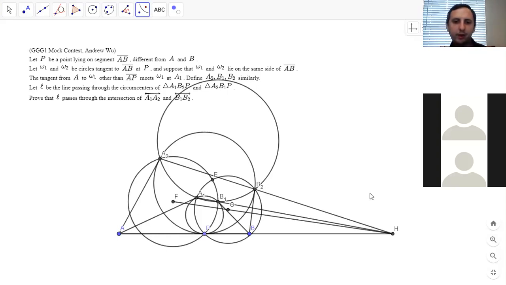So F and G have to be collinear with H. And after that we can prove that